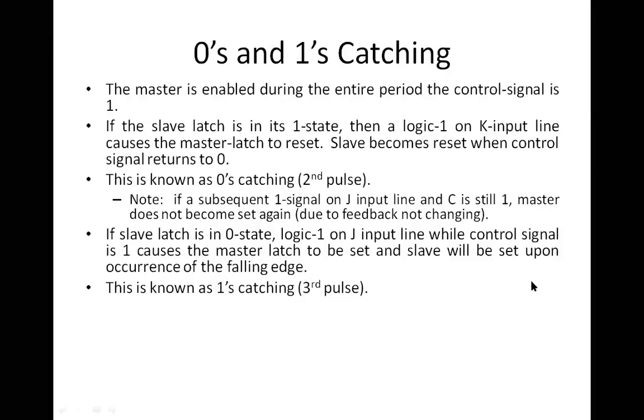So who is catching this value? Now my question, if you answer this question, then you have understood what all I have explained so far. Who is catching this value? I'm waiting for your reply. It's the slave. It maintains. Okay, it maintains, which means in the lines between master and slave the values are available. Which means only when the clock is enabled. So clock can be enabled for your slave or clock can be enabled for your master. So only when the clock is enabled the values are passed.